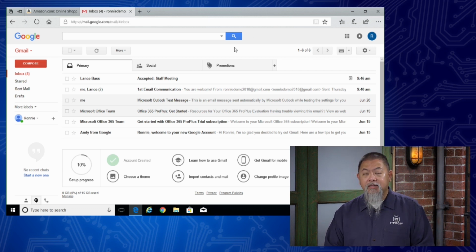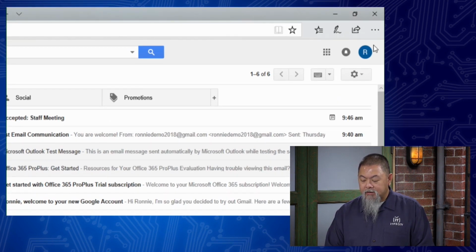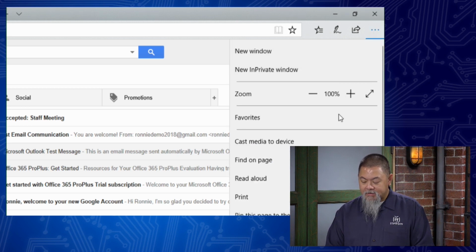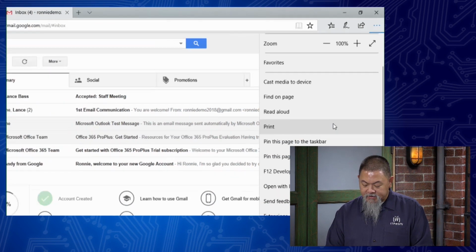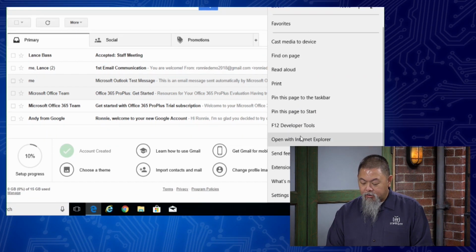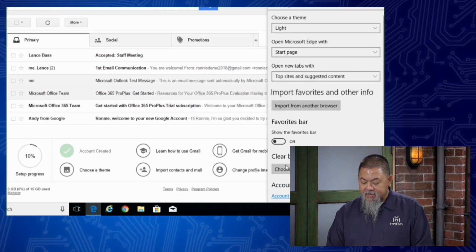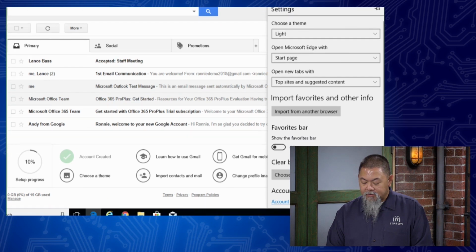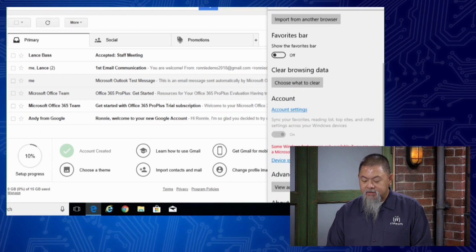So if we wanted to clear that out in Microsoft Edge, it's over here on the upper right-hand corner. And if I hover over those ellipsis buttons, it actually calls settings and more. I can select that. And then as I scroll down through here, I'm looking for where it says settings. So if I scroll all the way down to the bottom where it says settings, then I can take a look, and what I'm looking for is right here where it says browser data, okay? Clear browser data.